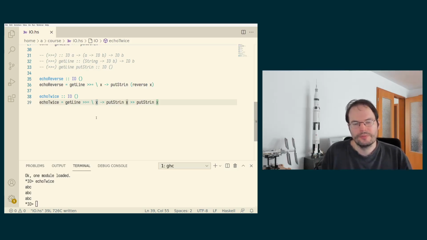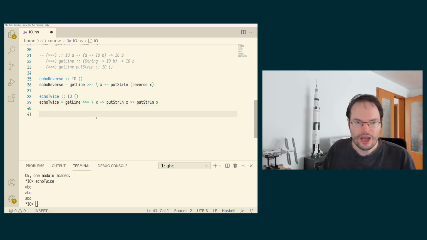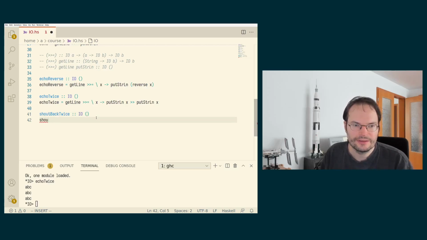Or I can do a transformation of the string and a duplication. So I can do something like shouting back, right? Would be an option. So I can write a shout function, perhaps as a first, or shout back twice. Let's just do it all in one go. Shout back twice. So the idea would be here that we read a line,